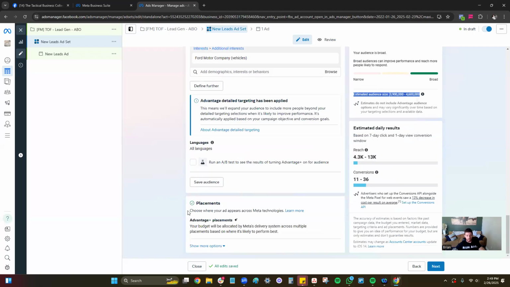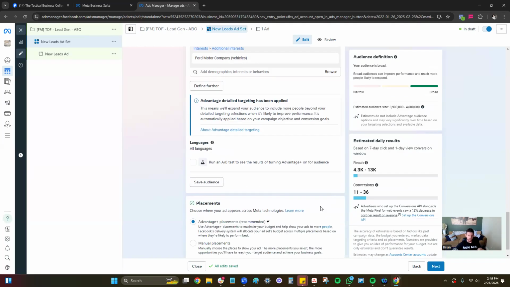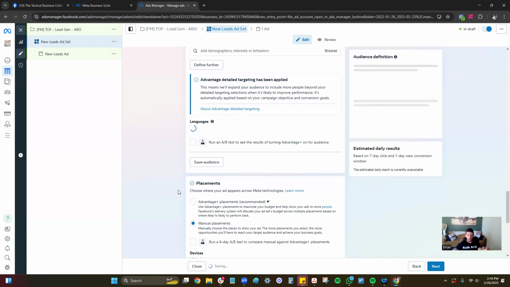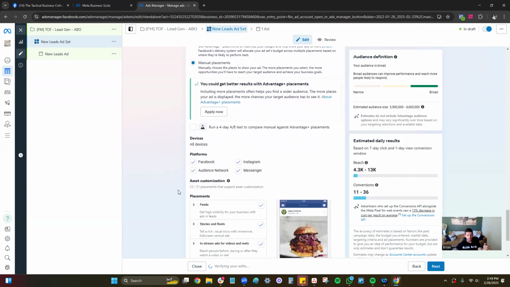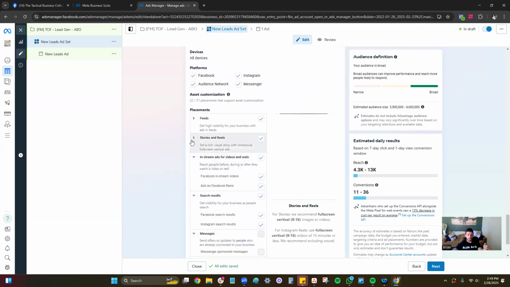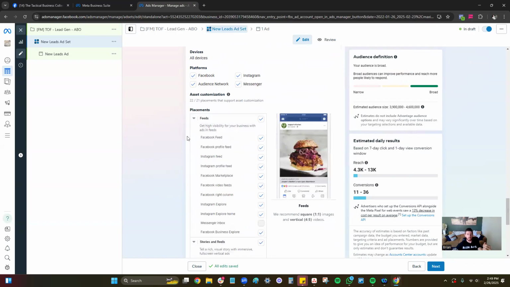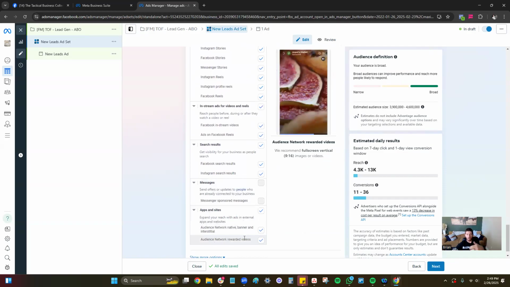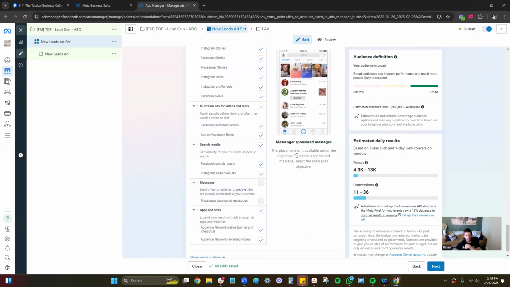Last piece on here are placements. I should be able to edit these. All right, so again, later on when the data set is good, you can run this. But for now, we want to manually pick where we're going to place our ads. So let me just open all this up and I'll show you all the possible options for your ads. Every check mark here is a different placement. They're not all different sizes. If you look on the right here, you'll see,